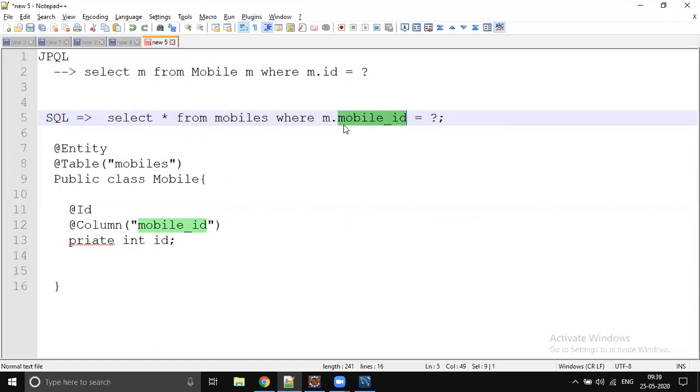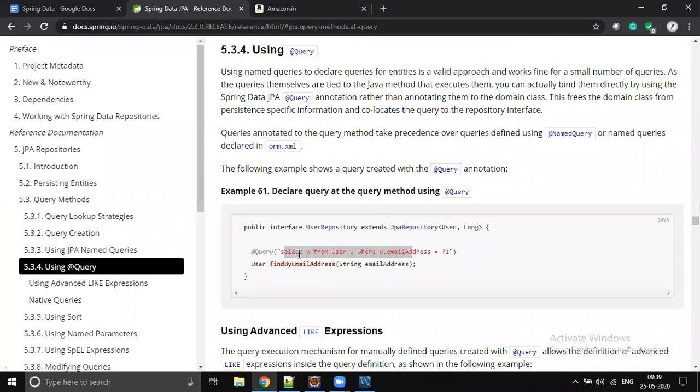It's going to talk about tables and columns. When it comes to JPQL, we will write the entity and its associated properties. So that is the example: select u from User u where u.emailAddress equals question mark. So when you see this kind of behavior,